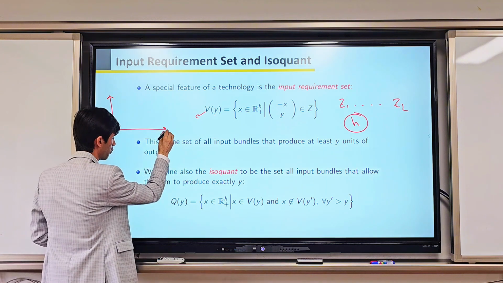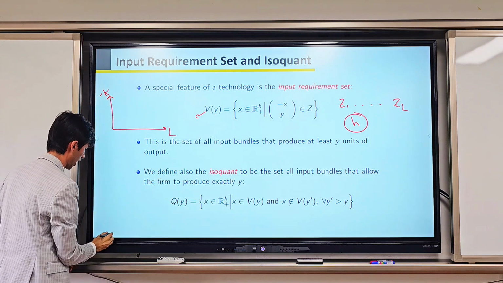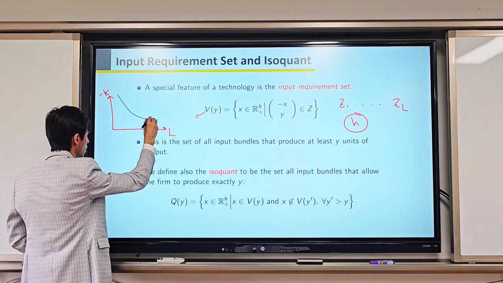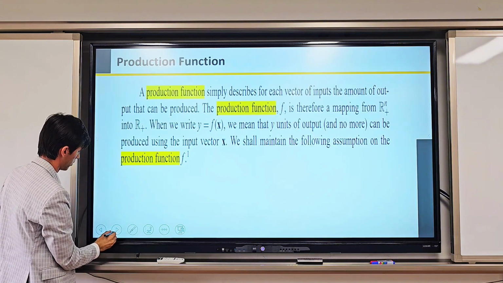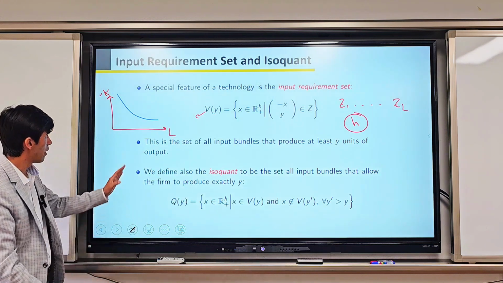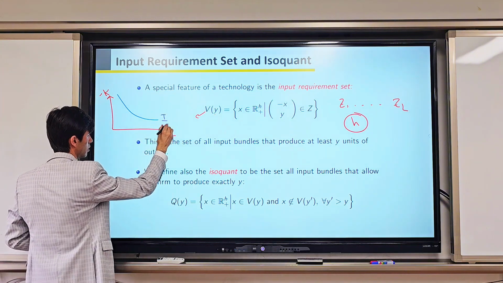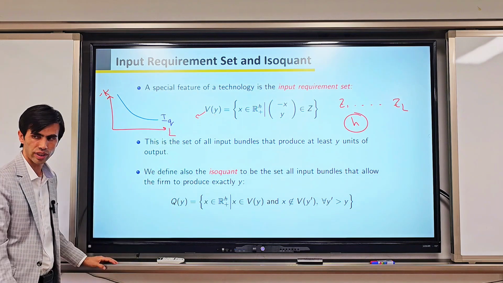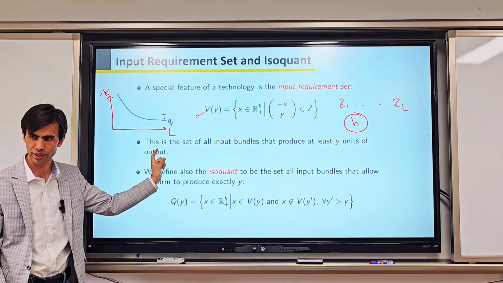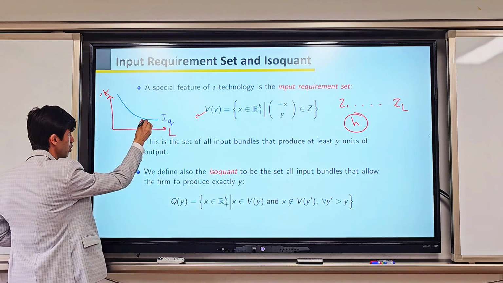So it means if we combine labor with capital, and we have this isoquant curve, this isoquant shows all the different combinations of labor and capital that exactly produce the same amount of output or quantity. Either you use this combination,